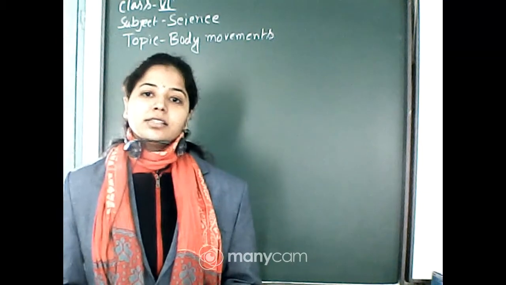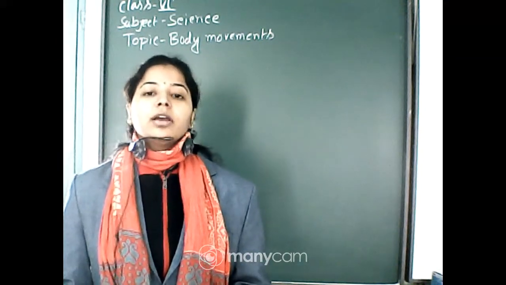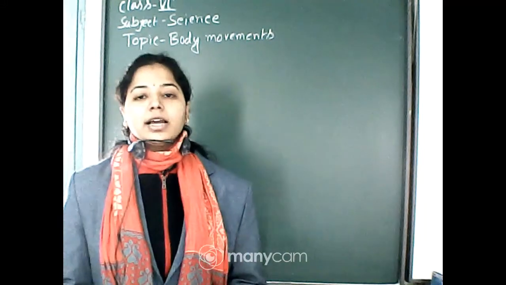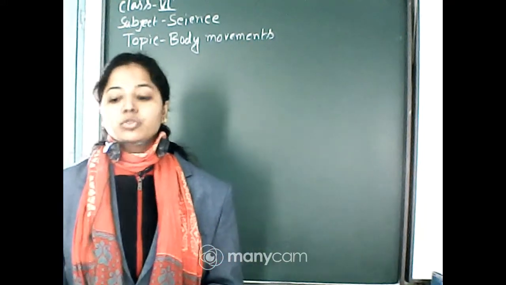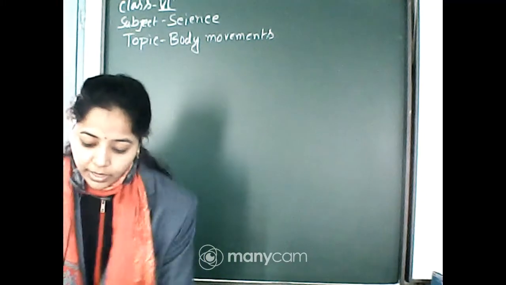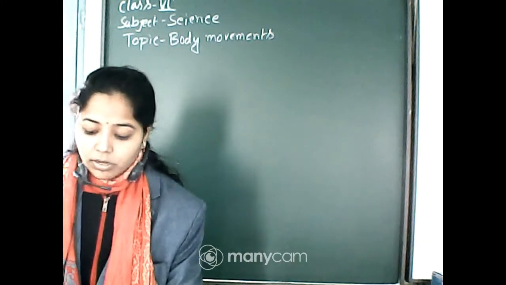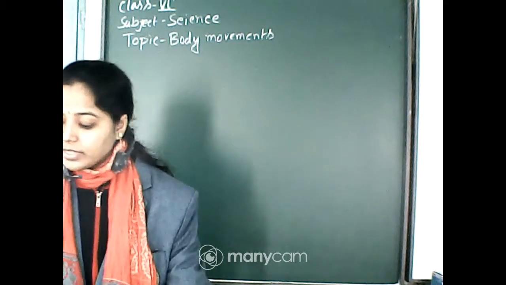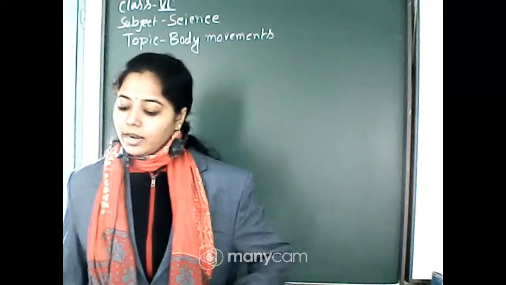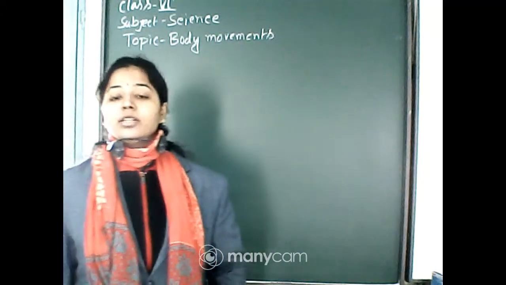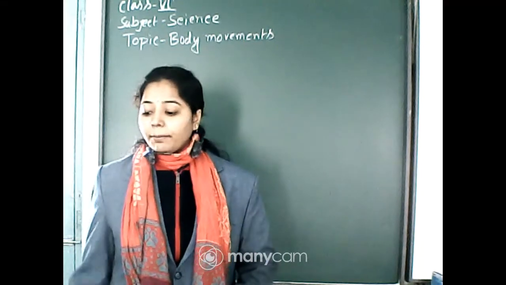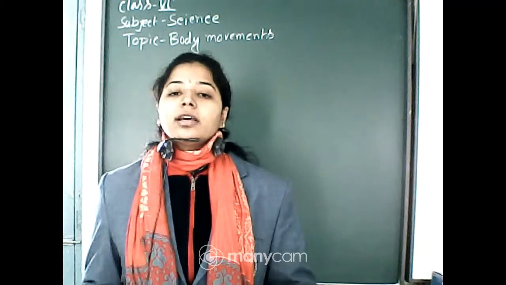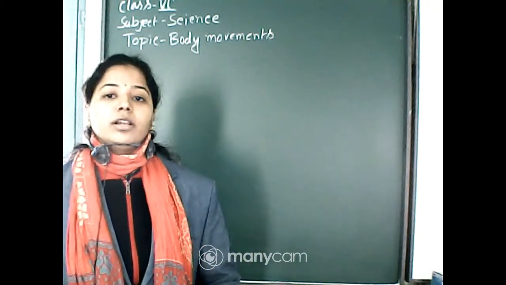In the previous class, we discussed various types of joints found in the human body. I drew the diagrams of two joints, namely the fixed joint and the ball and socket joint, along with their definitions and where these joints can be found in our body. Today we will learn the remaining three joints: the pivot joint, the hinge joint, and the gliding joint.